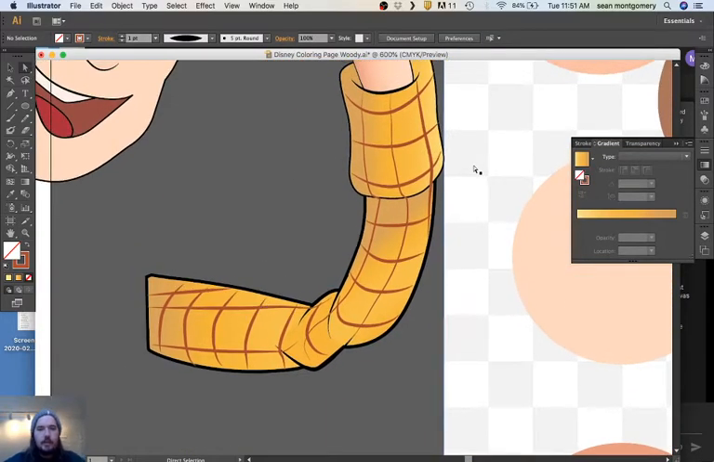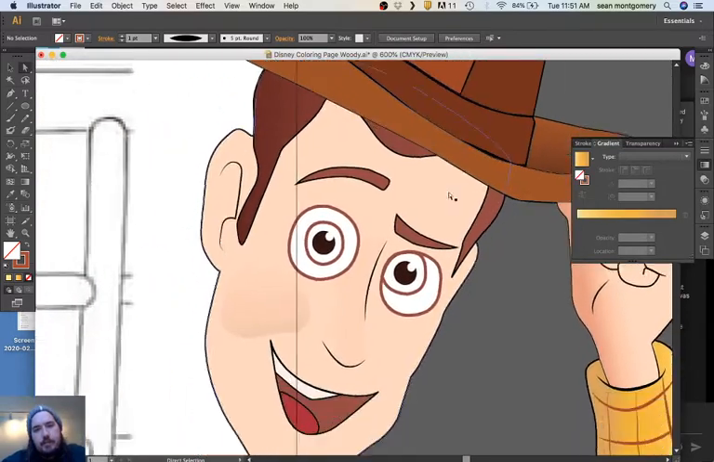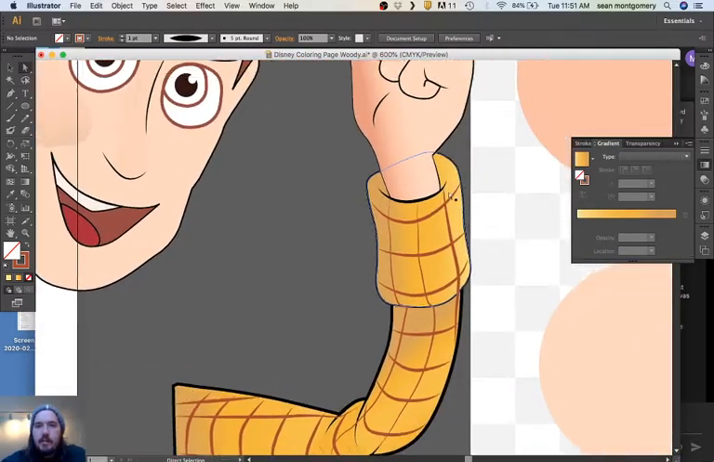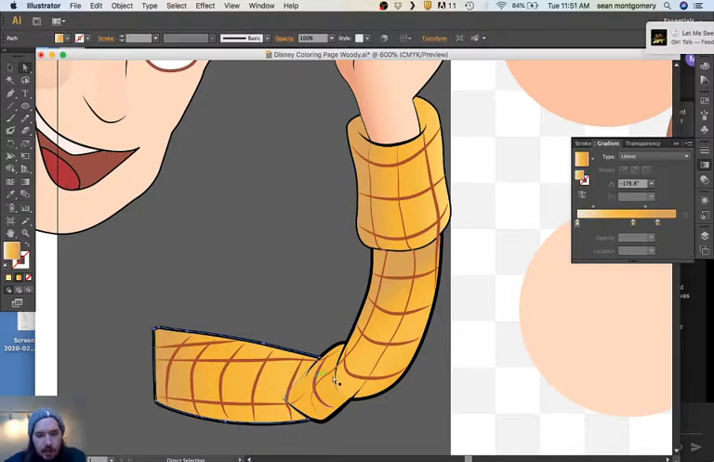So there you go. You got the arm, hand, hat, face, or the face is still in progress. Hand still could use a couple more. But now we're starting to get some shadows, some designs. If you really wanted, on the shirt here,